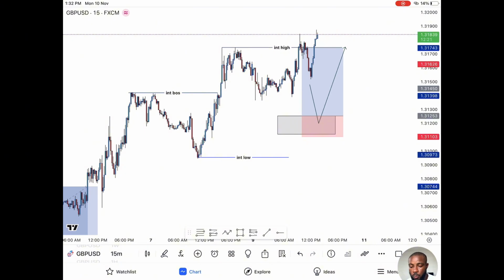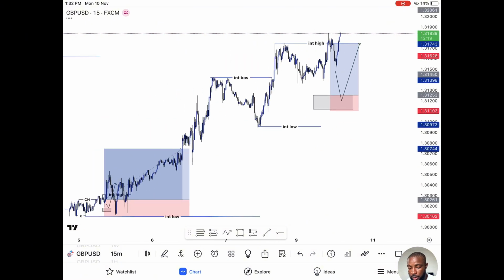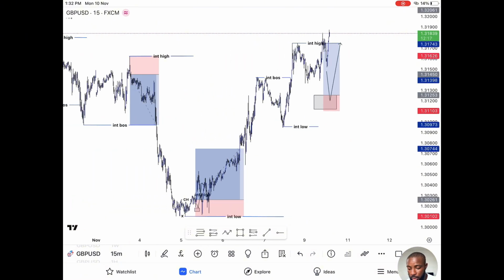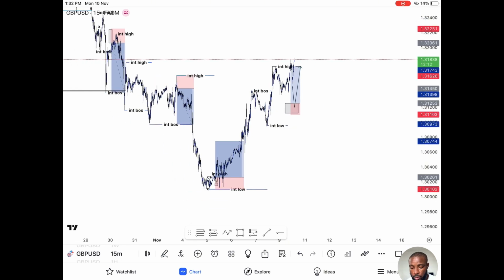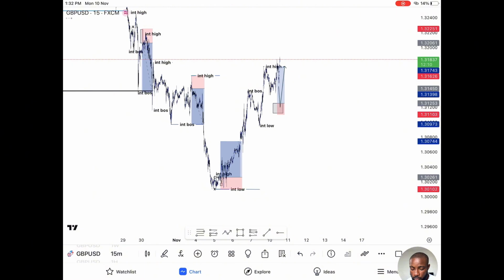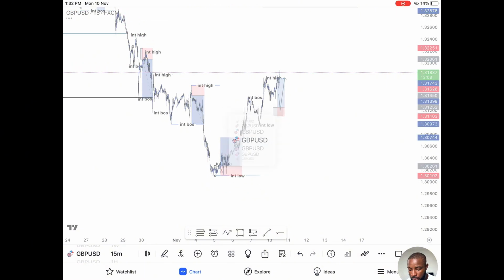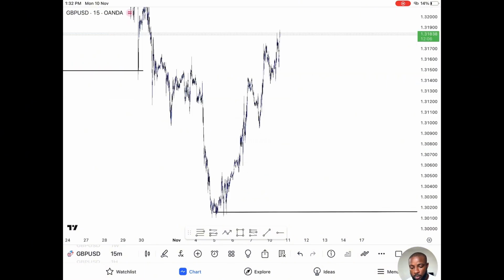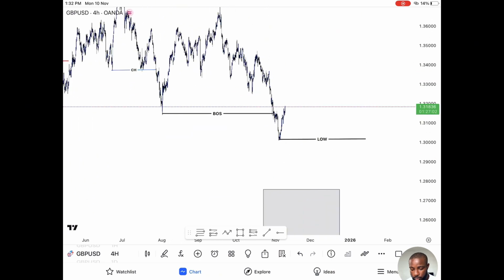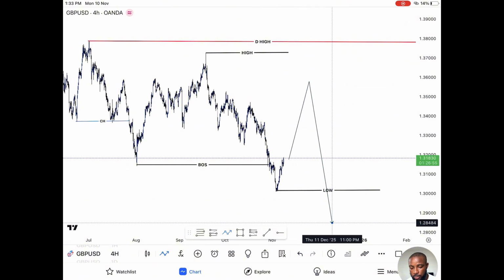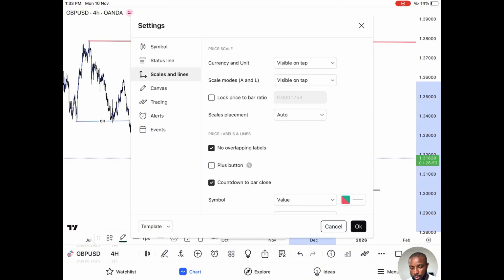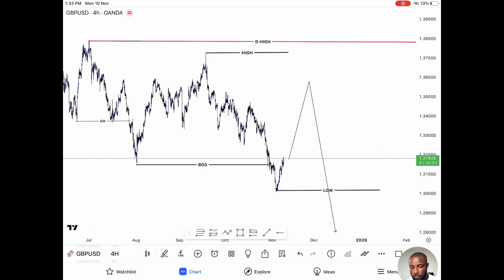So this is basically what I am looking out for throughout this week. I'm just waiting for price to do what? I'm just waiting for price to fuel itself to this area, and then give me what? A continuation. That's basically what I'm waiting for in this